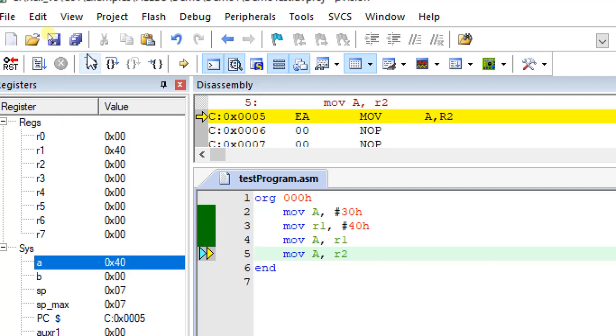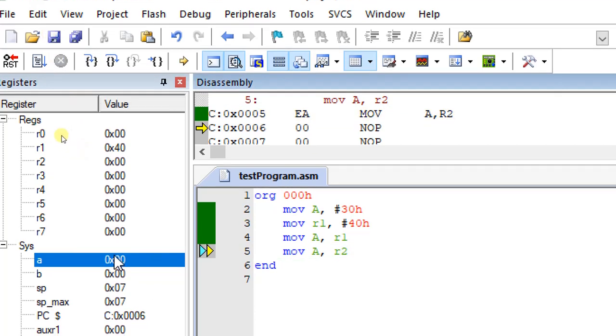If you execute the next one, MOV A, R2: the value in R2 was 00, and now I have copied the value 00 to register A. See, register A is 0 now. So this is the register addressing mode.